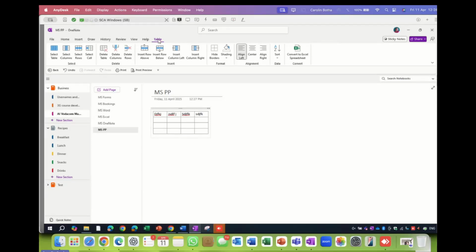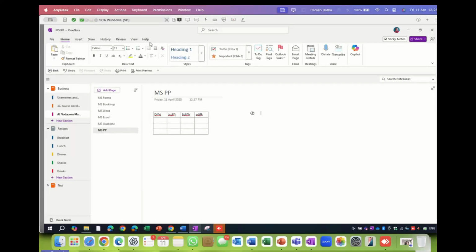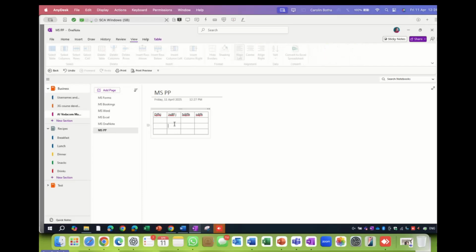I want to say something else, I must not forget. You immediately have access to different things that you can do within your table. And that's just how this works. I showed you yesterday as well. When you click outside, that is not available. But if you click again, that menu or tab is available with the ribbon with all sorts of things. But we're not on about tables today.